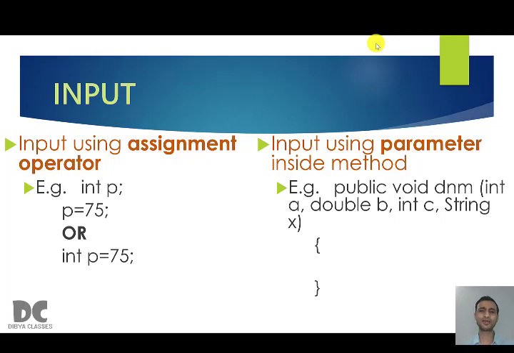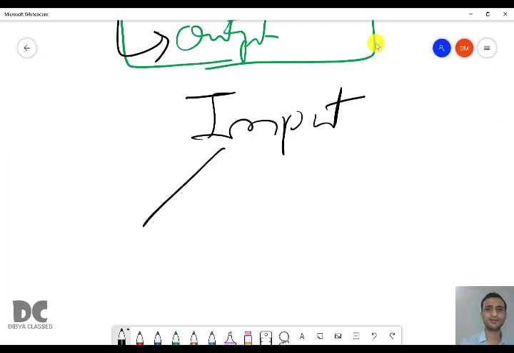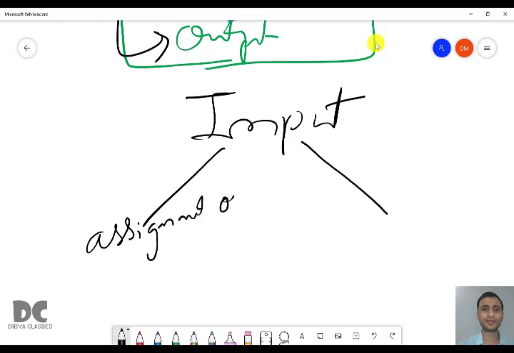Today we will be learning the basic way of taking input, and in future classes we will be learning other ways of taking inputs. So there are two ways to take input as of now.